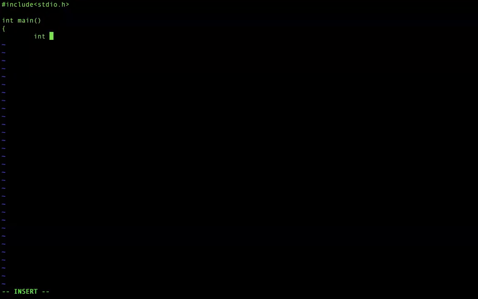So I'm declaring an array. You can see int a of 5. So you will have 1, 2, 3, 4, 5 in that. And now I want to print all the elements' addresses. So now let's see what will happen.